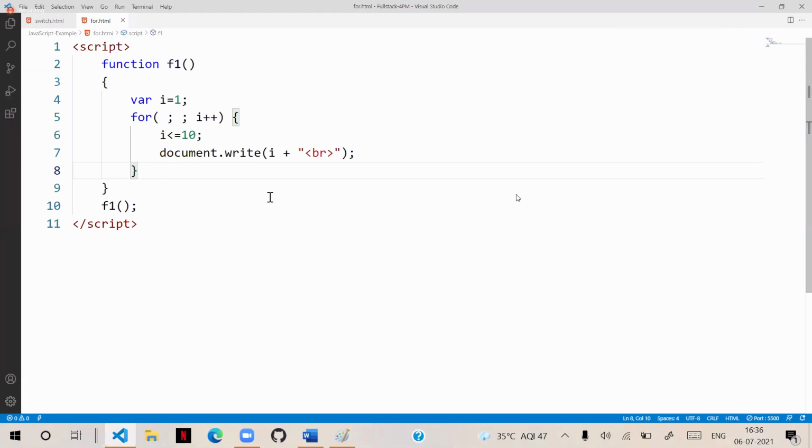Actually, we can specify the counter also. Without the counter also we can define. But how do we write the conditions and specify them? That means not like directly. For example, remember, if you don't define this parenthesis, that means you don't define this here. You don't write this. That means I said that all are optional. That means you don't put the semicolon.